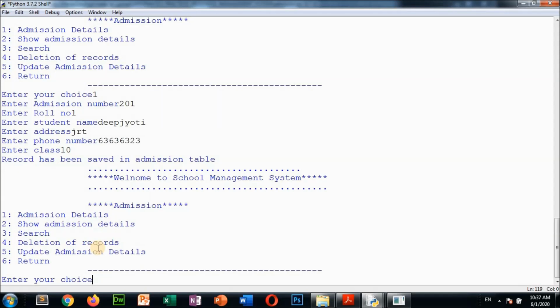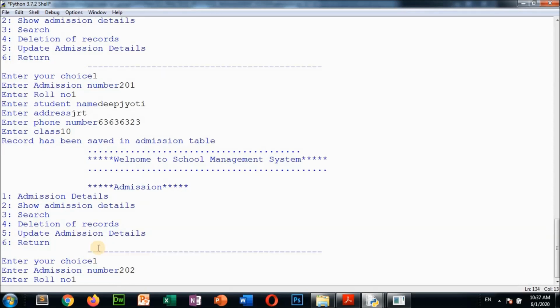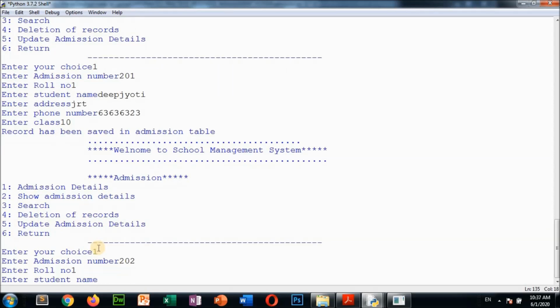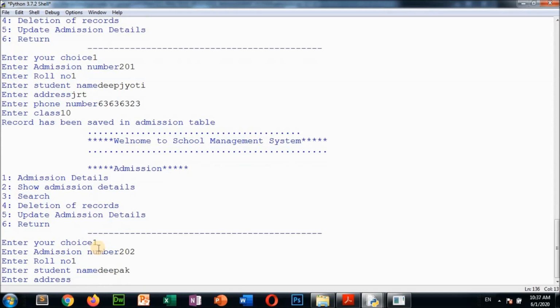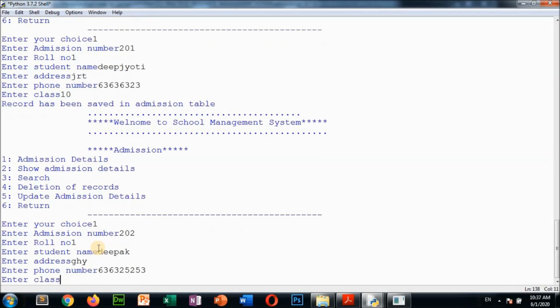Done. Again one more student I am going to add: admission number 202, roll number 1, student name Deepak, address, suppose, GHY, and phone number 60602523, then enter class. Suppose I have given class 11 here.